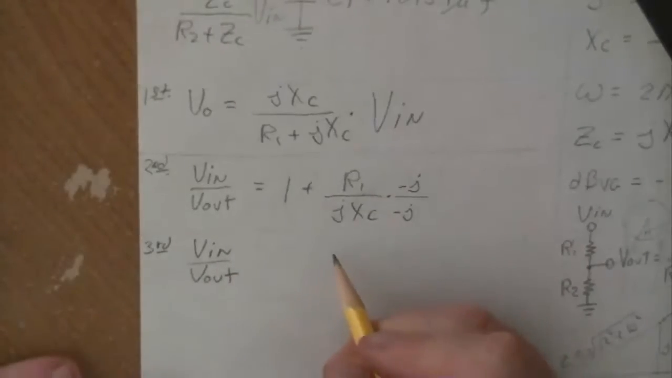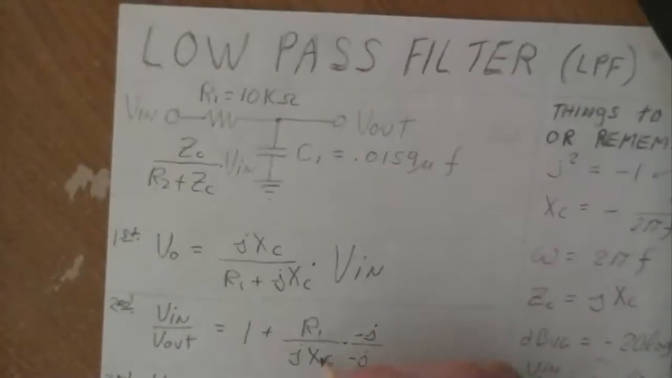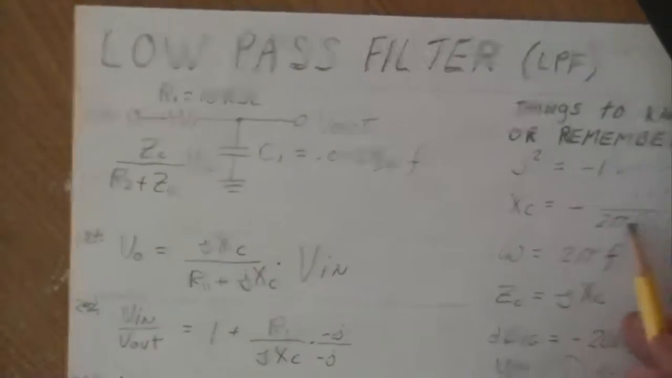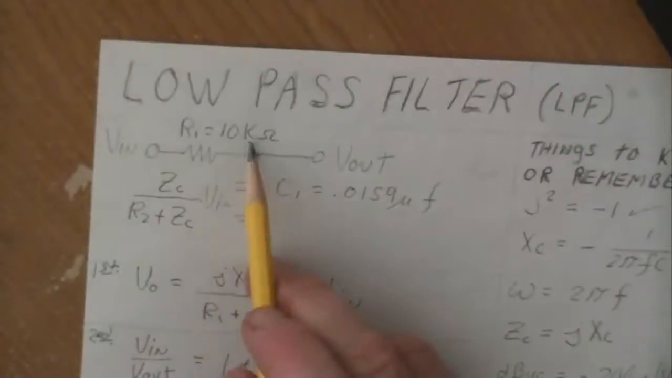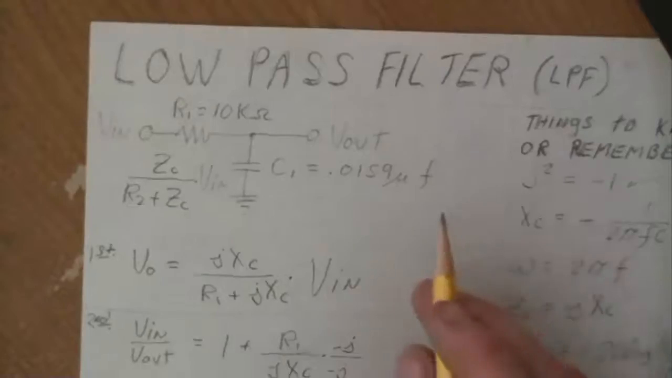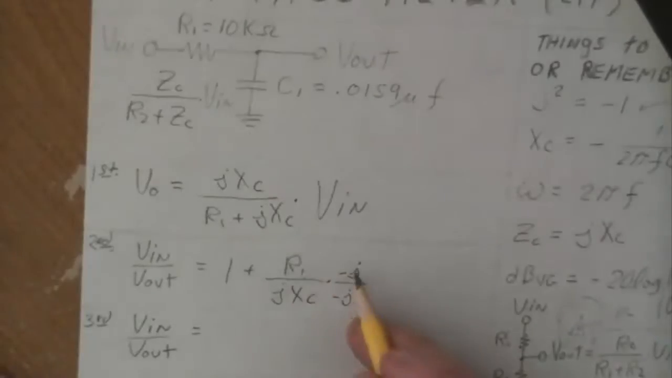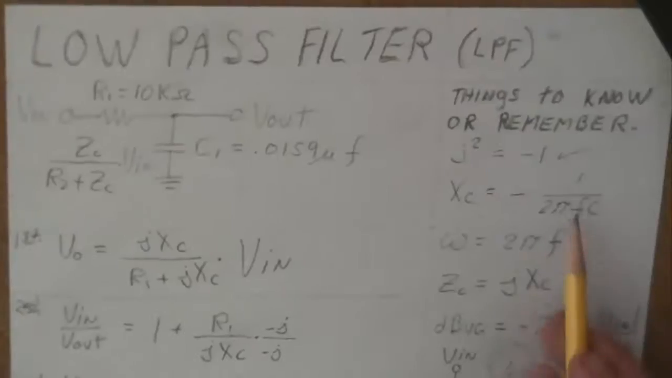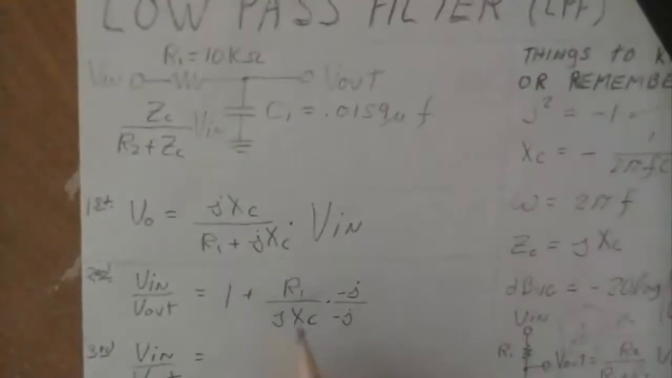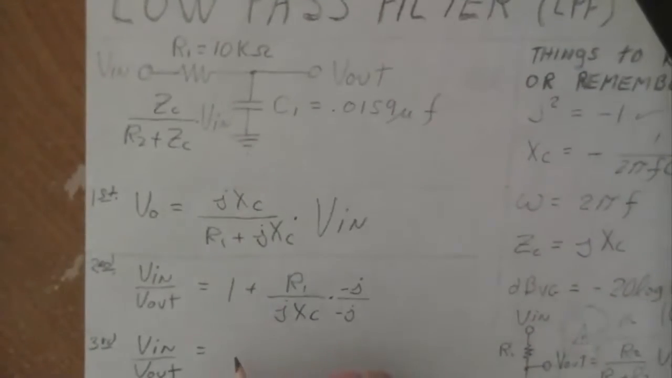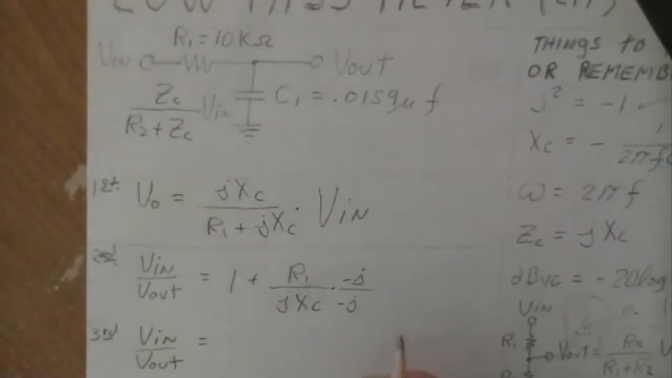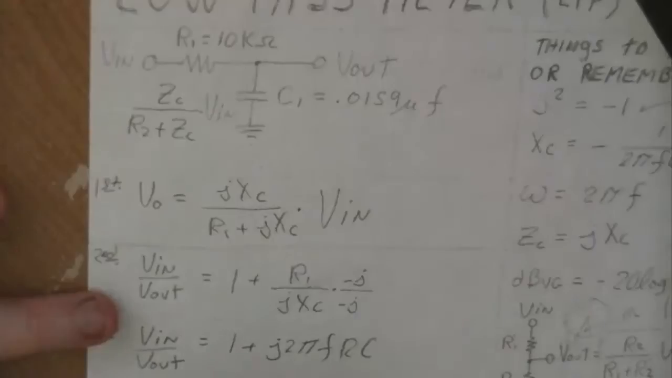And I'm going to do one other thing. I'm going to replace the X of C, which is minus 1 over 2 pi FC, okay, with the R1 value, 10 k ohms, and the C1 value, 0.0159 microfarad. So I'm going to do two things. I'm going to clean it up after having multiplied through the minus j over minus j, and substitute in X of C with this formula, and replacing the C and the R that we get. Or let's say I'll do the previous version of that. Let's go like this. I'll go 1 plus j 2 pi F RC, and then fourthly, now we'll replace the